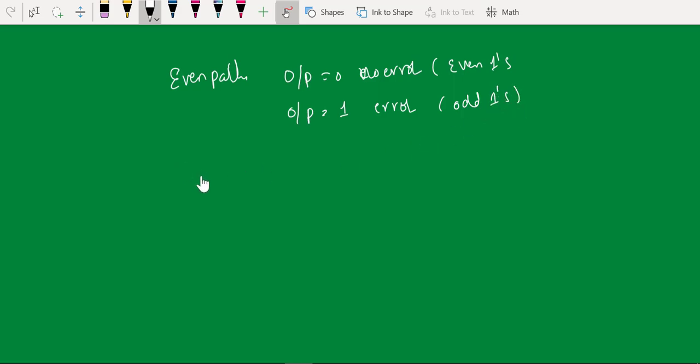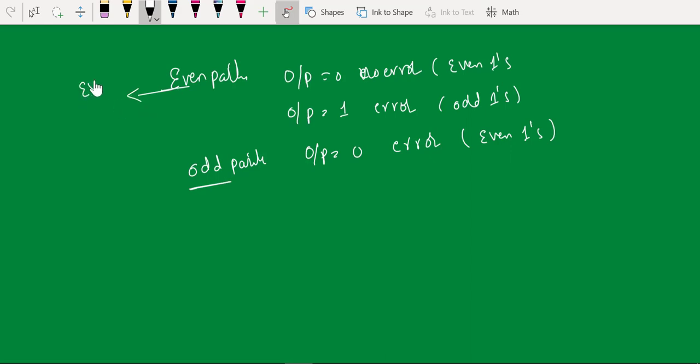Similarly, in case of odd parity, the output is 0 means error is there. That means having an even number of ones. Since we are using odd parity, in this case we have to look for the even number of ones.